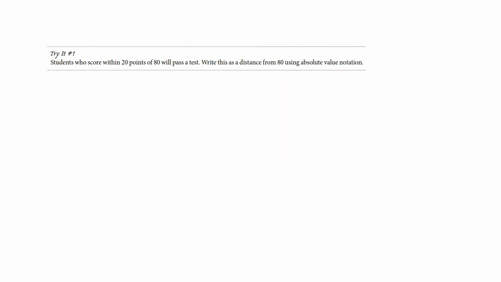Okay, so let me show you again here and see if this helps. I want to be within 20 points of 80. So I'm not trying to see how far away I am from 0. I'm trying to see how far away I am from 80. And I need to be within